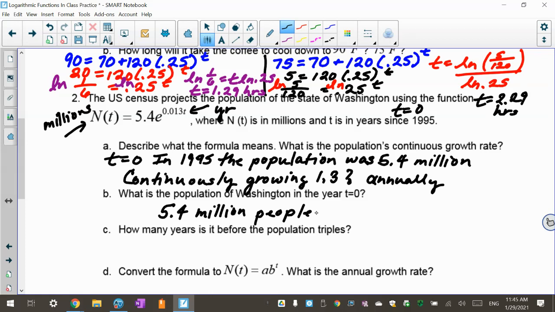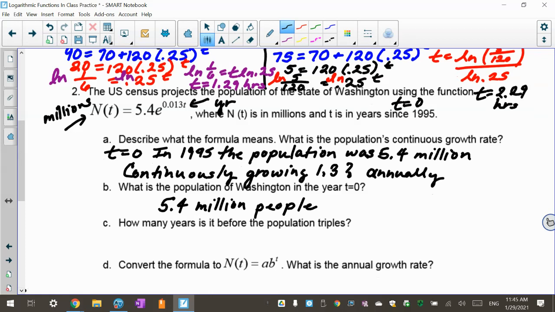Okay. How many years before the population triples? Now, there's a lot of ways to do this, but I suggest that you look at your original and say, okay, my initial value is 5.4. If I wanted to know when that tripled, if I multiplied that by 3, I would get 16.2. So basically I want you to say, okay, I started out at 5.4. I want to know when, so you're solving for t, it is tripled,